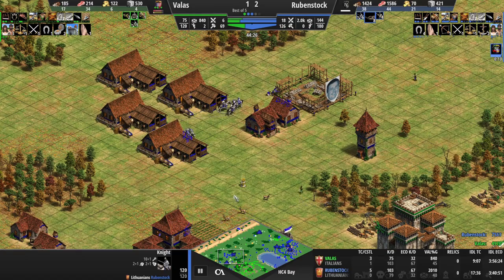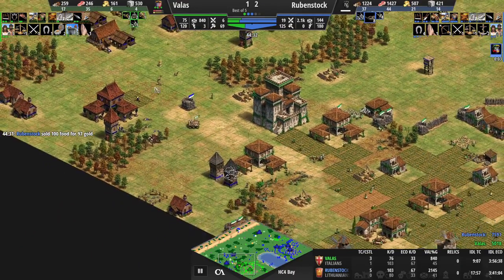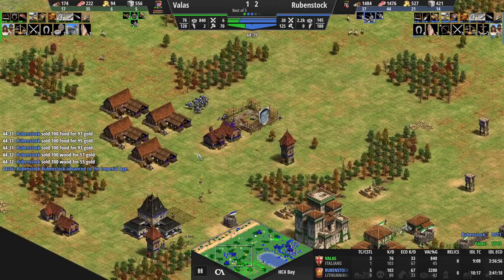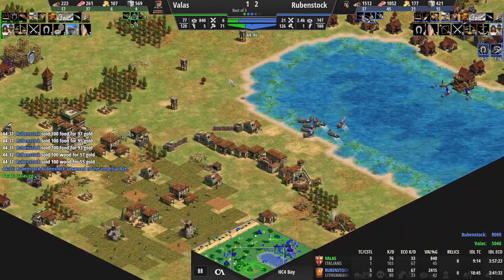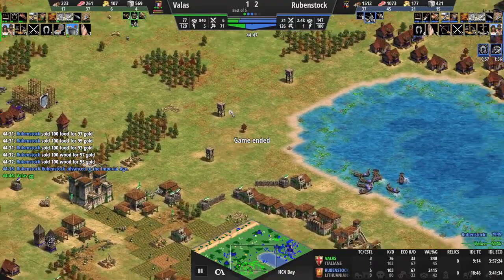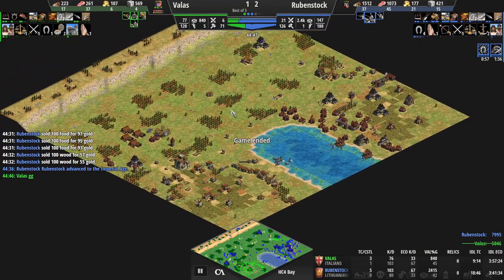Rubenstock is further securing a final push, seemingly a coup de grace, with knights coming from the front stables, getting the upgrades as well, and these will be secured with a castle. And there's nothing this battering ram can do against the castle being protected by 8 and counting knights. Rubenstock has now advanced to the Imperial Age, whereas Valas is still in the Castle Age, and Valas will call it. That was game number 4 and the final game